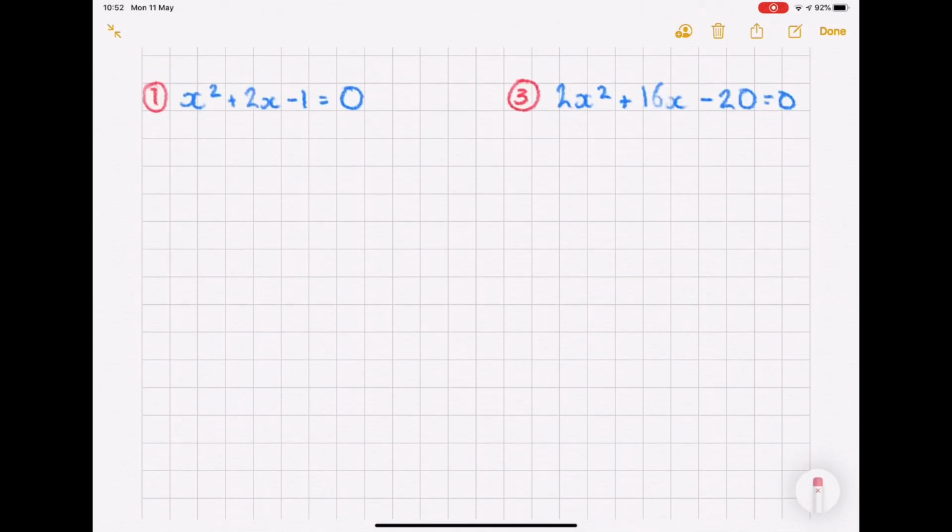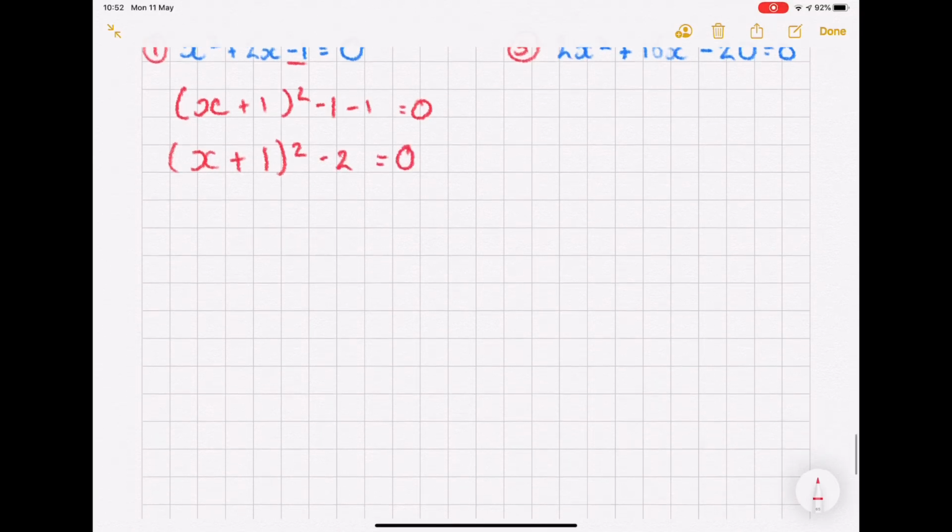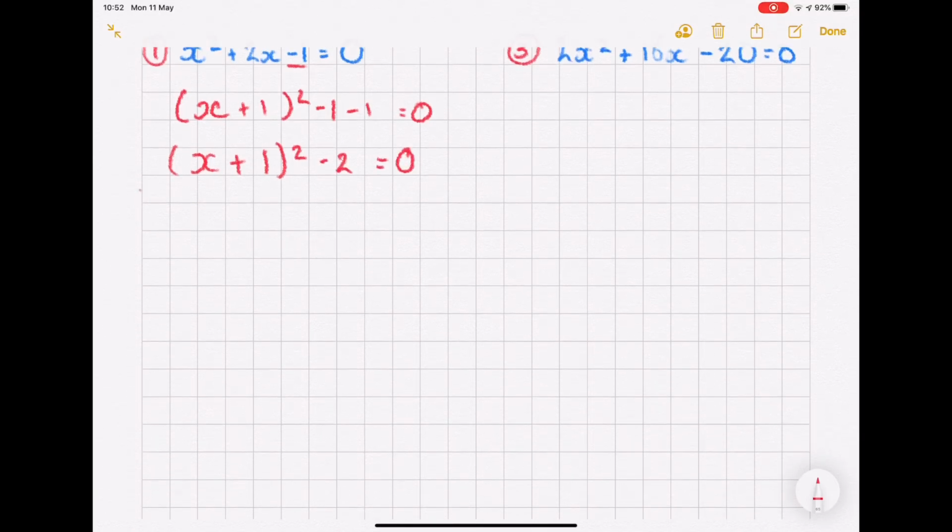What I'm going to do is speed through these quite quickly. So let's complete the square for this one. So we have x squared, half of positive 2 is positive 1. Positive 1 all squared is 1, so we subtract 1, and then we put this number on the end, subtract 1, equals 0. So let's tidy that up a little bit: plus 1 squared minus 1 is minus 2, equals 0. Let's solve, so plus 2,